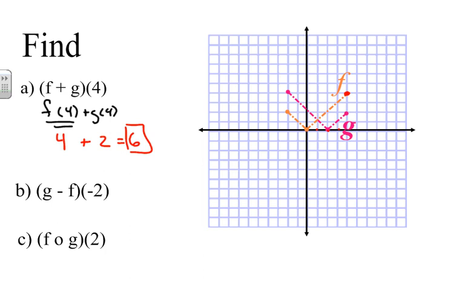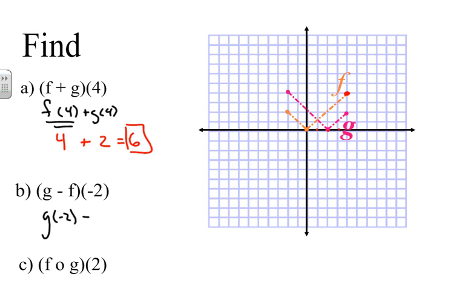Okay, I can do the same thing with subtraction. All right, if I want to find what g minus f of negative 2 is, I would say, okay, I want to find g of negative 2 and subtract that from f of negative 2. I want to find those two values. That's the easiest way of looking at it. So over here, I look at what is g of negative 2. So g is my pink's value, so 2, and I have 1, 2, 3, 4. So that's 4 minus f of negative 2,